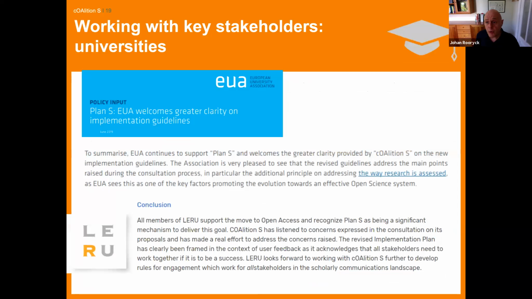We also, of course, work with university associations. The European University Association and LERU have endorsed us. We are very willing to move forward with them. Of course, university associations are especially important in applying DORA, because it's one thing to sign DORA, it's a very different thing to properly implement it, and that may be quite difficult at universities sometimes, but it has to be done. This is where we are going.